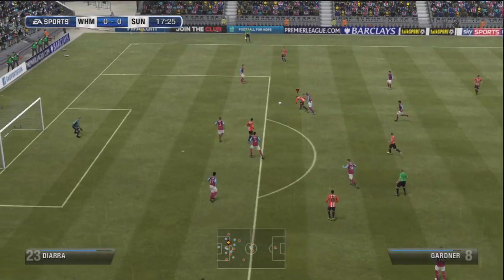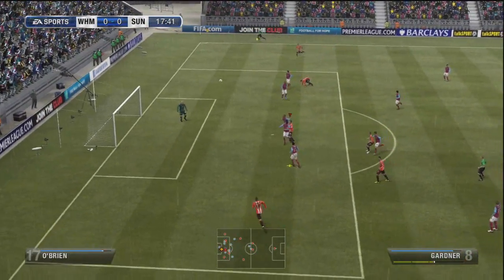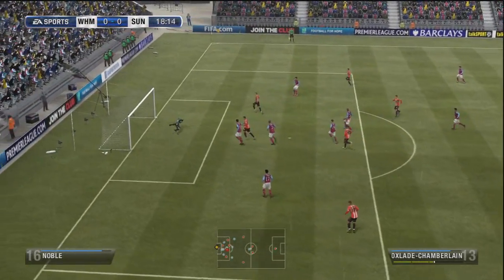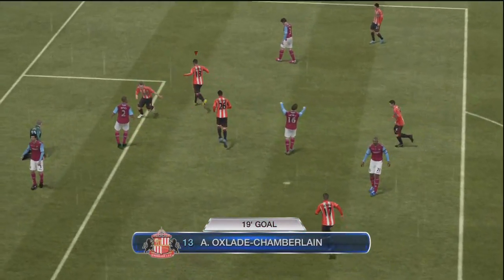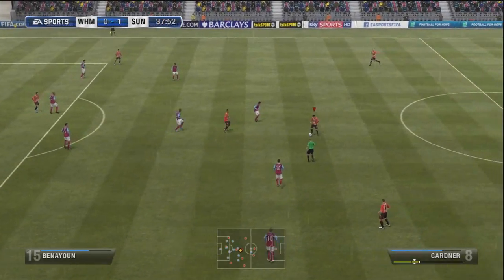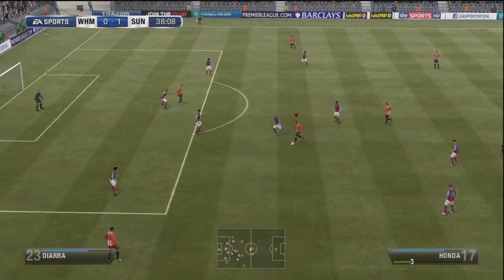But we come in here. The third and final game of this episode is away at West Ham. And after a decent first effort there from Craig Gardner, the ball drops to Alex Oxlade-Chamberlain with a gorgeous finish into the bottom corner. Just finesses it tidy as you like, right into that bottom corner, just inside the post. And that puts us 1-0 up, and we push on